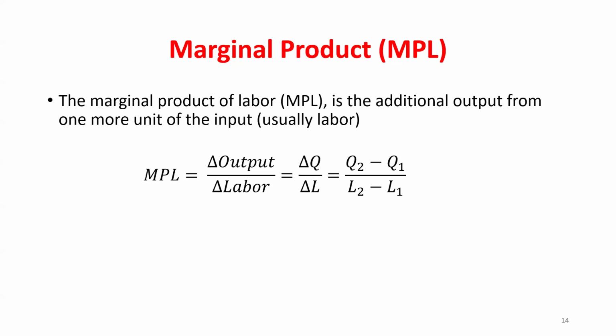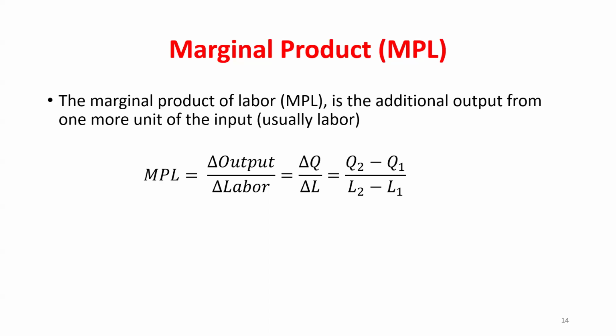So this is really just shorthand for what we're thinking, all right? The change in output is the quantity of the good I'm producing, and the change in the number of workers is a change in the quantity of labor that I'm hiring, okay? So for this first worker, what was the marginal product of labor? Well, output was going up by 1,000. It's a nice, easy example because the change in quantity of labor here is always 1, so I'm dividing by 1. So my marginal product of labor was 1,000.